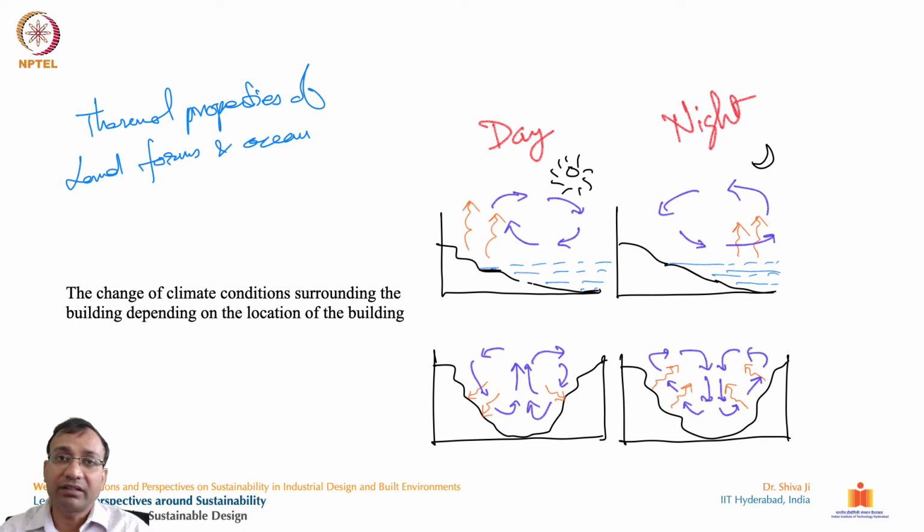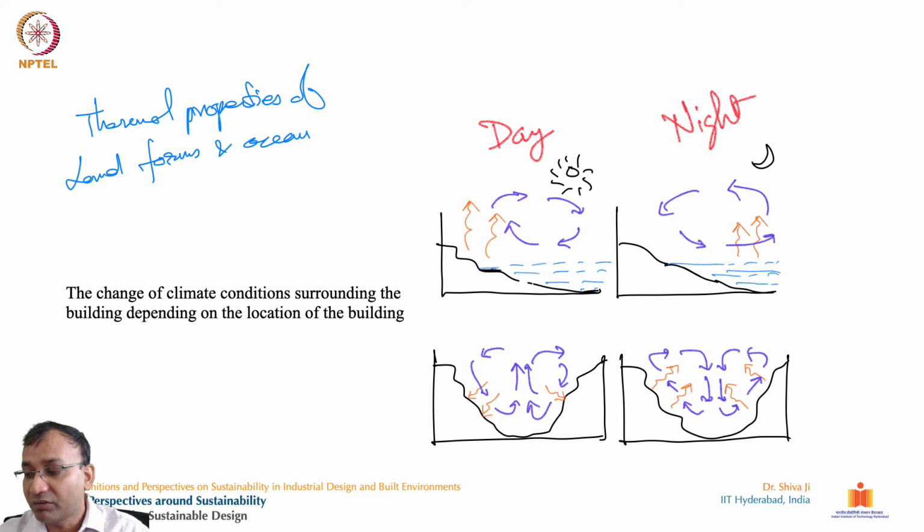We have the earth as a surface and water as a surface also, and the differential heating in them creates low pressure and high pressure zones, and those are responsible for the wind movements. So while designing a building, we must take care of the ventilation: in which direction the ventilating units, such as doors and windows, should be kept. For that, we must take this understanding of air movement into consideration.